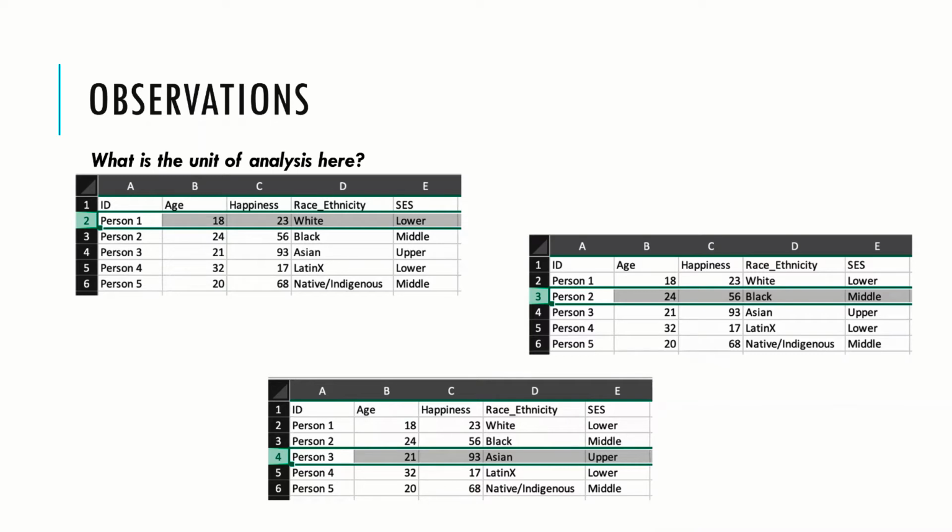If we changed this and it said organization 1, organization 2, organization 3, the unit of analysis would be at the organization level, right? So it's important to know, anytime you're dealing with a data set, what does each row represent? Later on down the road in this class, I'm going to have you go through several repositories and pick out a data set that could help you answer your research question.